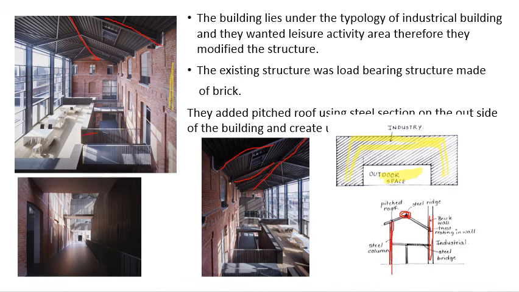And we also see the intermediate bridge here. The bridge connects these two spaces, the main industrial area and the leisure activity space. An enclosed area is created, a semi-private area we can say. Glass is also provided here for the view, and a very nice activity area is created here. This whole structure is a lightweight structure.